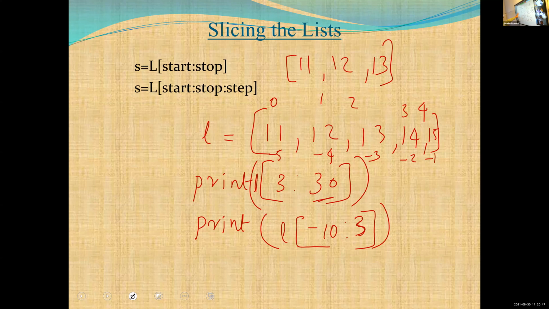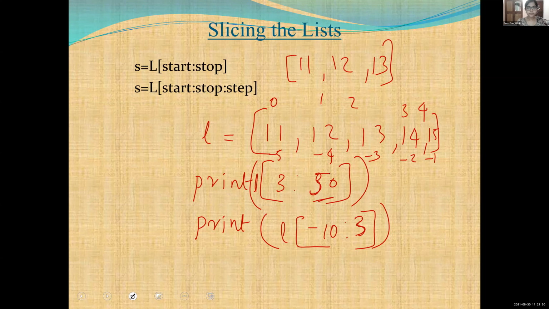So these are the main variations of the start and stop slicing method. First, the actual range, that is 3 to 5. It will display the values based on the start value and stop value. The second thing is we can give a greater stop value, that is 3 to 30. In the same way we can give a smaller start value, that is minus 10 to 3. Okay. Is it clear, Gauri?